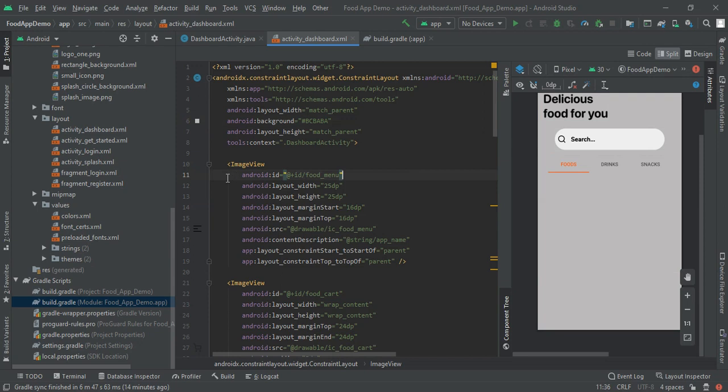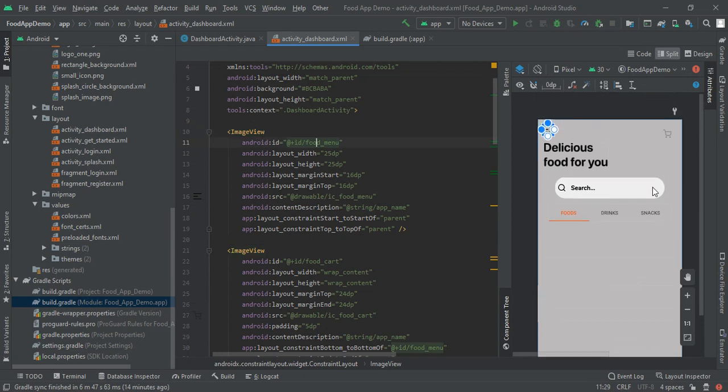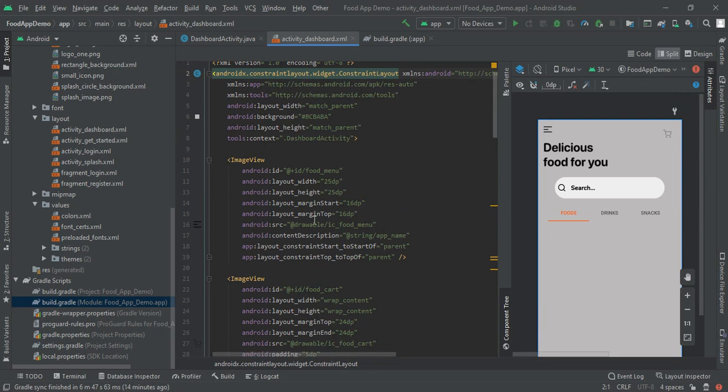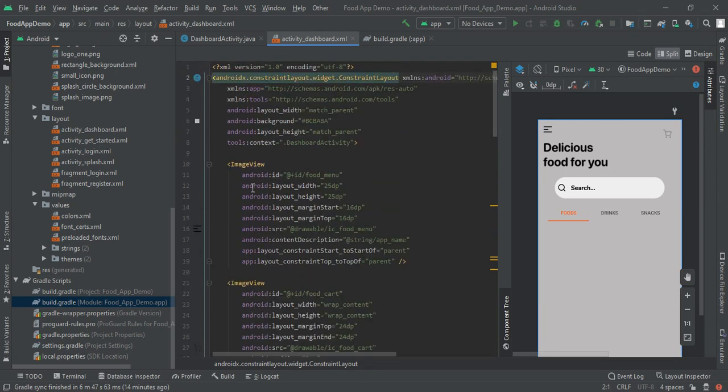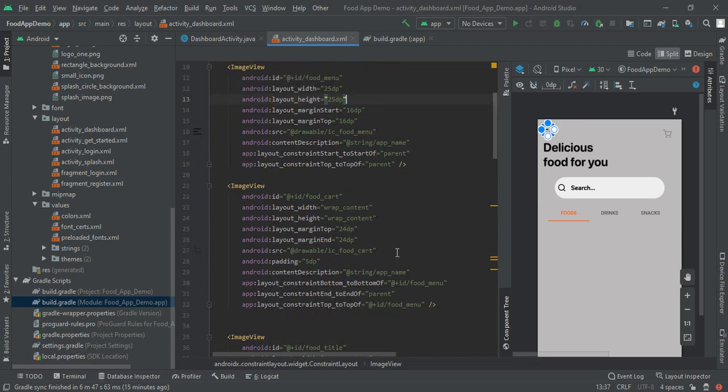Next I have an image view, and this image view is for our menu. We will make a custom navigation. For that, the menu width will be 25 dp and its height will be 25 dp, and give its id, that is food menu, and make sure you give a margin also, that is 16 dp, and give its source to be food menu.